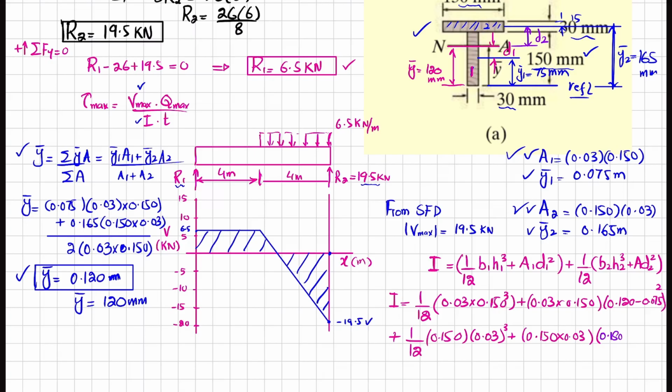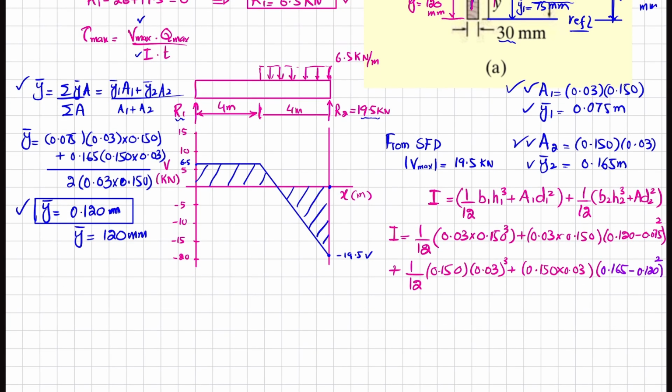Okay, d2 is, let me check it again. d2 is the distance from the neutral axis till the mid of this section, and you can see from the mid of this section this is y2. So simply we can say 165 minus this distance 120 will give you d2. So I will write it 0.165 minus 0.120 whole square. Okay, when you solve this you will get the moment of inertia I for this T section